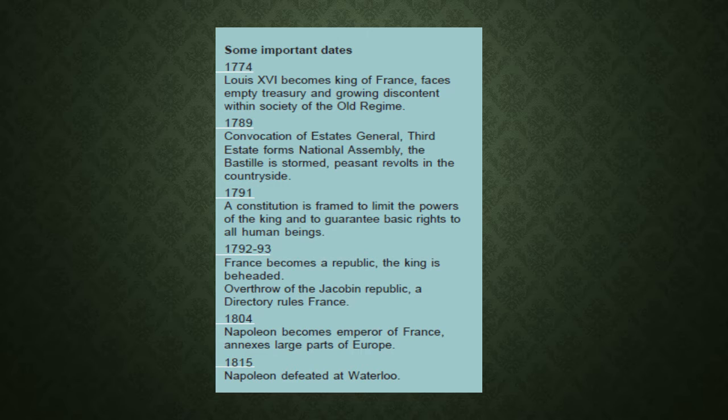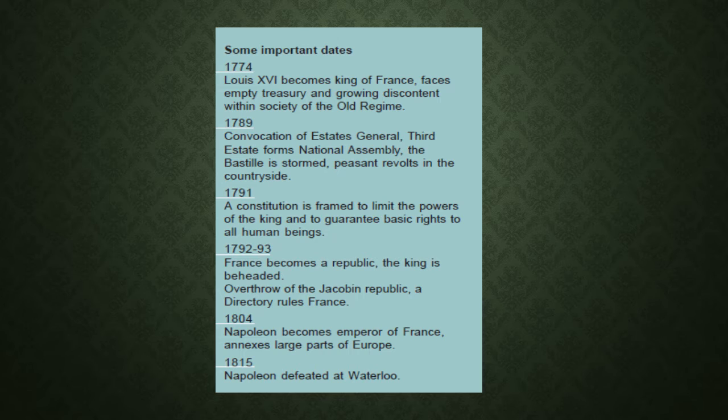The people of the Third Estate chose prosperous and educated members of the Third Estate as representatives of the National Assembly for framing a constitution for France. Then again, the Bastille, which is a fortress prison run by the state government in France, an exact example of despotic rule, was stormed by revolutionaries. So these are the three important events that happened in 1789.